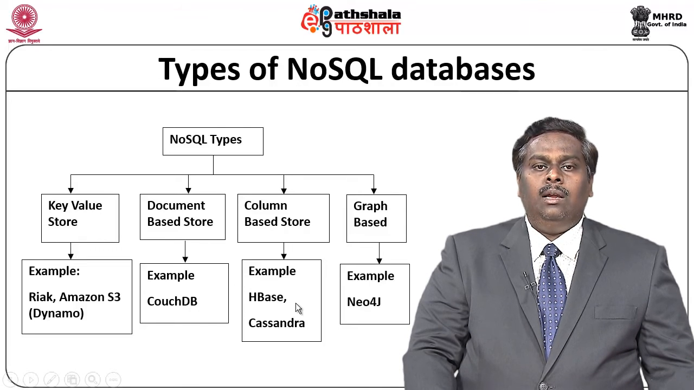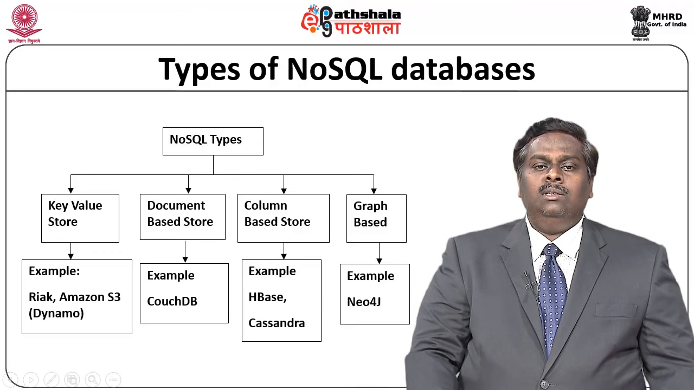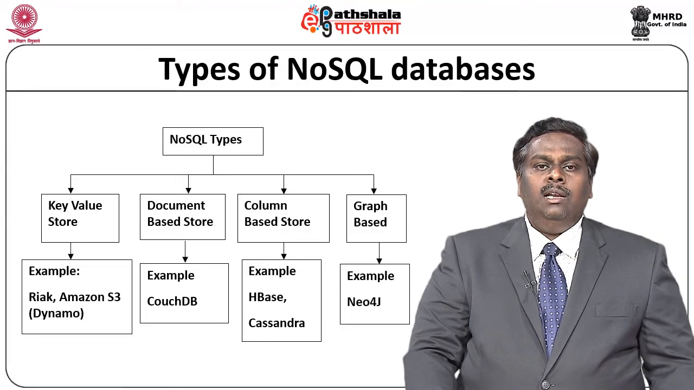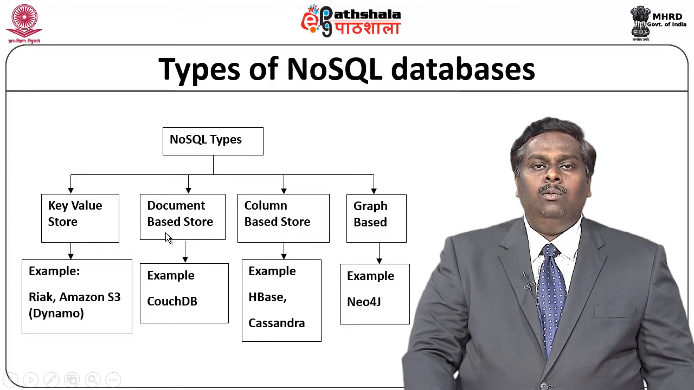HBase and Cassandra is a type of column based store. Neo4j is a type of graph based database, NoSQL database. Now, let us understand in detail what is key valued, what is document based, what is column based and graph